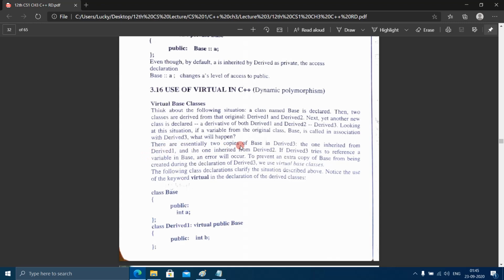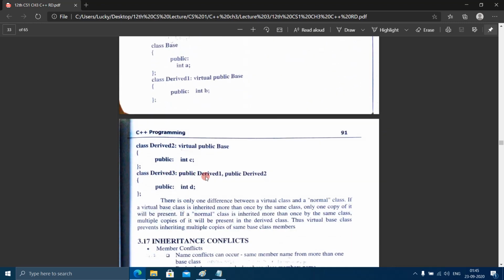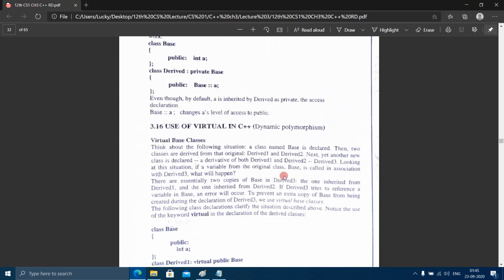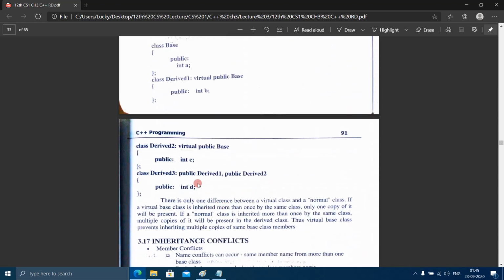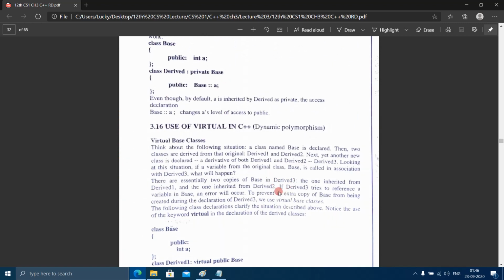There are essentially two copies of base in derived 3: the one inherited from derived 1 and the one inherited from derived 2. If derived 3 tries to reference a variable in base, an error will occur.